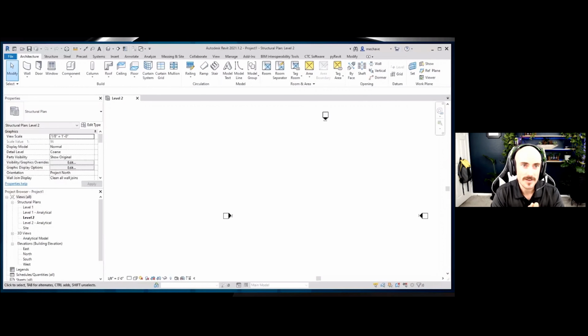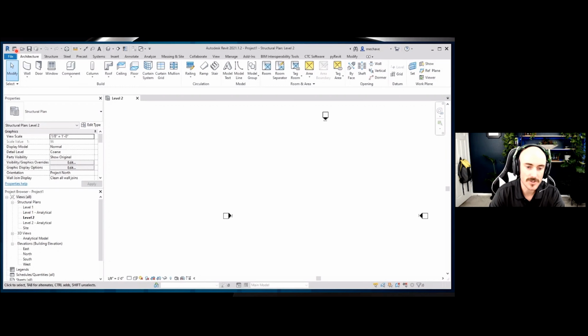Now, when we open up Revit, this is a newer version of Revit. I'm in 2021. 2022 has come out, by the way. If I'm in an older version, it will open up like this in terms of 2018 and below. Now, if we are opening up in a newer version, you will be presented with a home page. To get to this view, you are going to click this button right to the right of the R. This will allow you to see this home page.